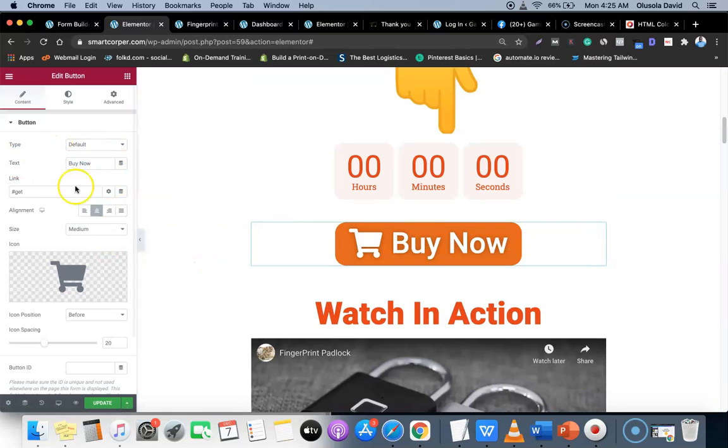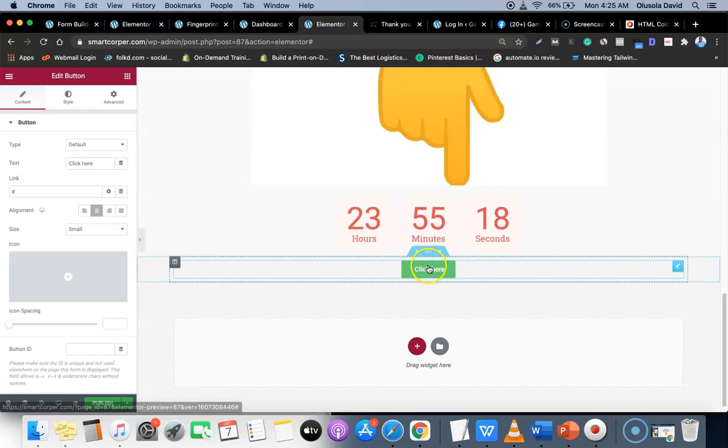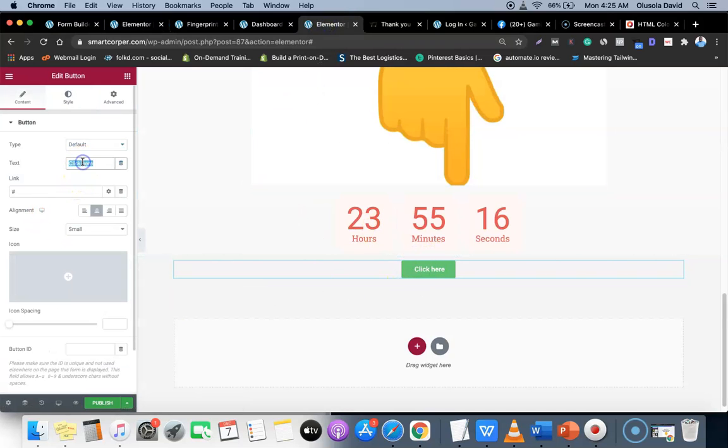So the text now is buy now. The text is buy now. The size is medium. So let's come to style, background color red, border radius 24. All right, okay, so the text buy now,